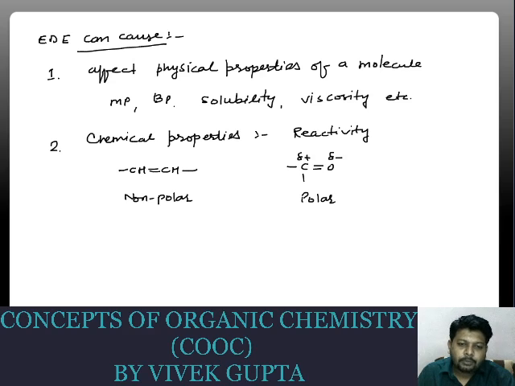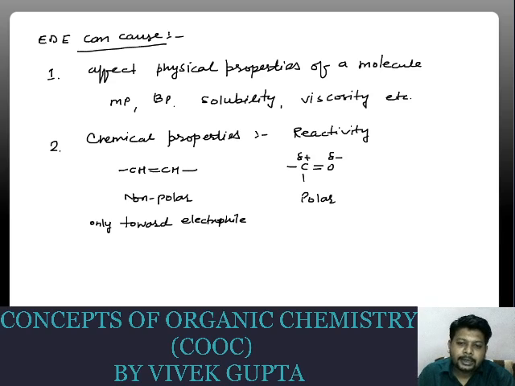If we look at alkenes, they are reactive only towards electrophiles. Means only an electrophile can attack an alkene, because alkenes are the source of easy electrons. They have a pi bond which can be used to make a bond with some electron deficient species. So that electron deficient species, or we can call it an electrophile, will attack the alkene. So alkenes will be attacked only by electrophiles.